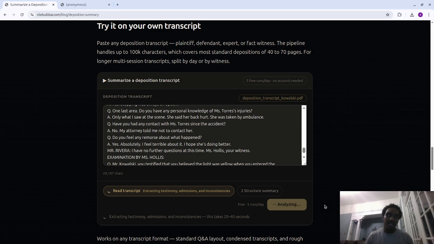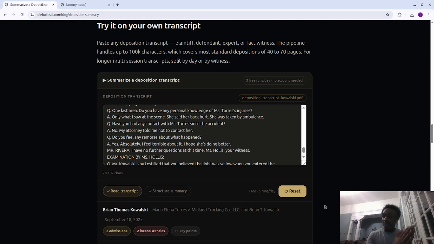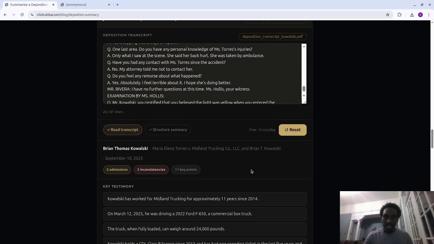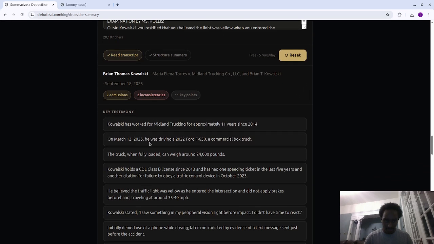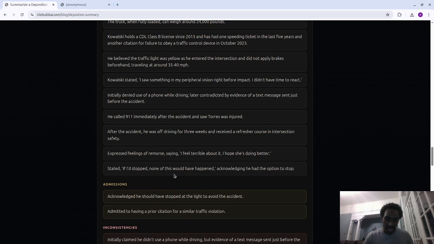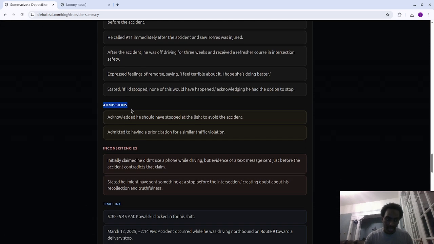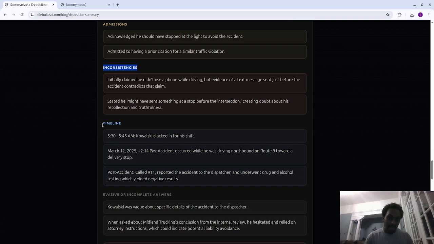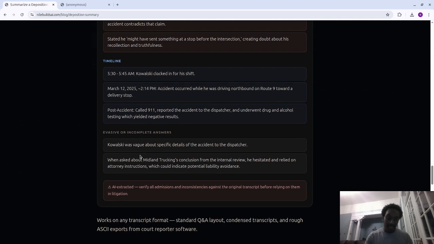A lot of this is dependent on how we're using it. You can utilize Anthropic or OpenAI models for LLMs, and it's the exact same prompting, which I'll get to in implementation right afterwards. So you can see here that the pipeline just completed, and here is our overall report. It includes the date, a count of admissions, inconsistencies, and key points. It's going to summarize the key testimony of exactly what happened. It's going to show the admissions, his inconsistencies and what he recalled, the timeline of events, evasive or incomplete answers,